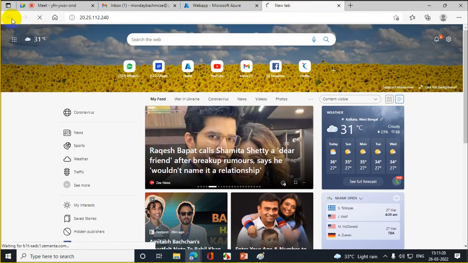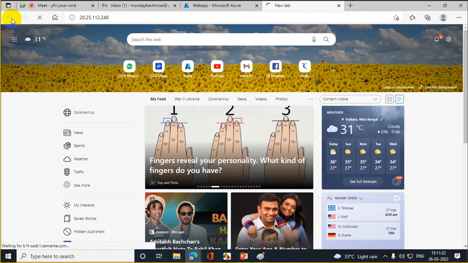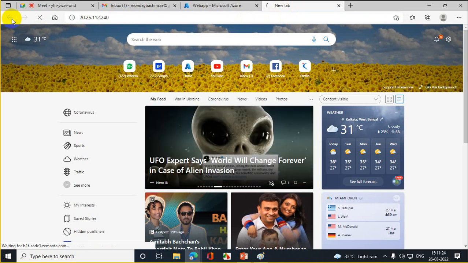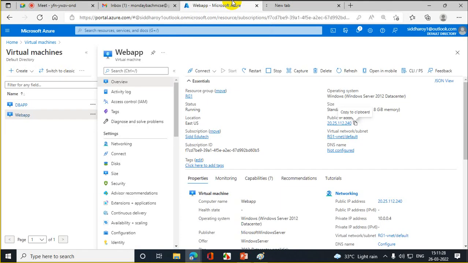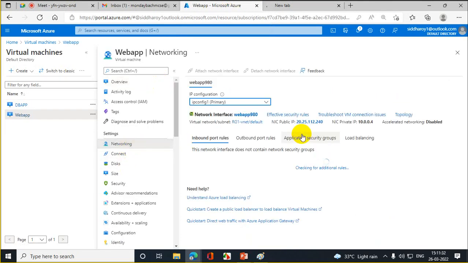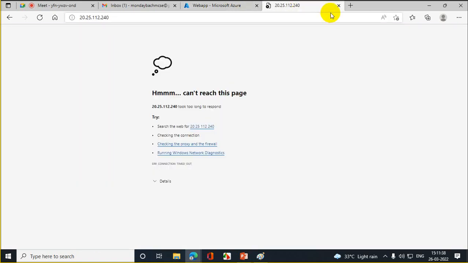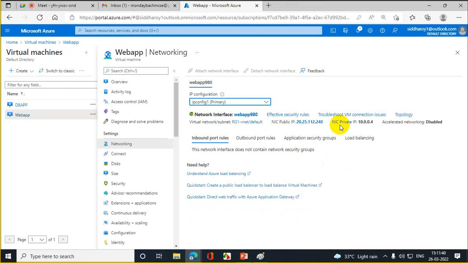It will take some time because just now we have released the network security group. So they're still searching here. Actually the NSG is no longer there. Initially it will take some time, but after that, now let's take the server over remote